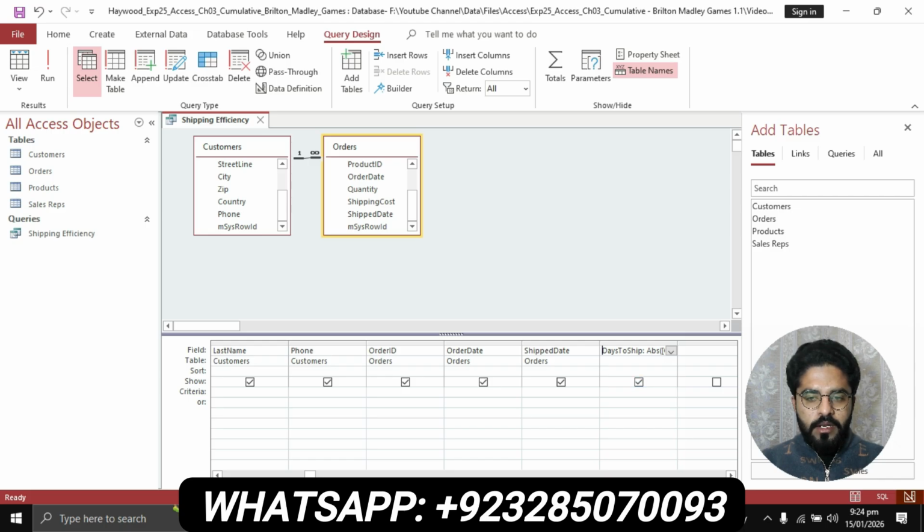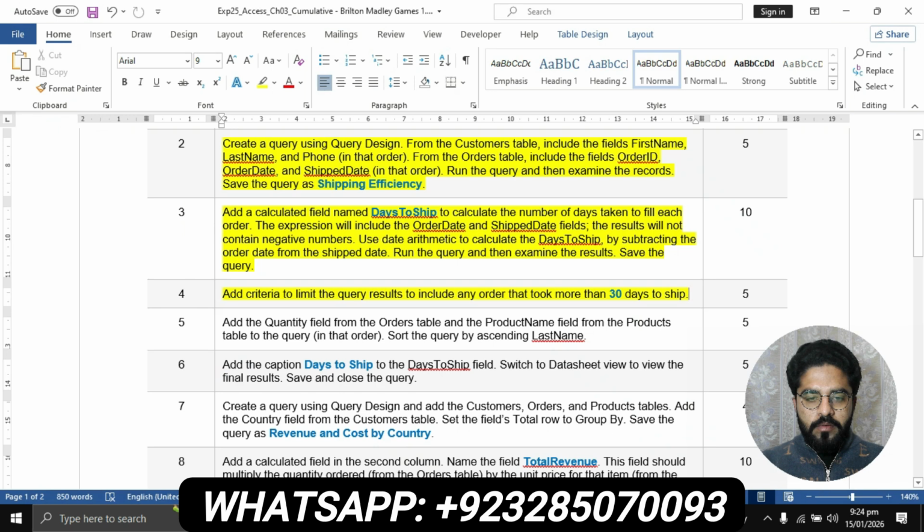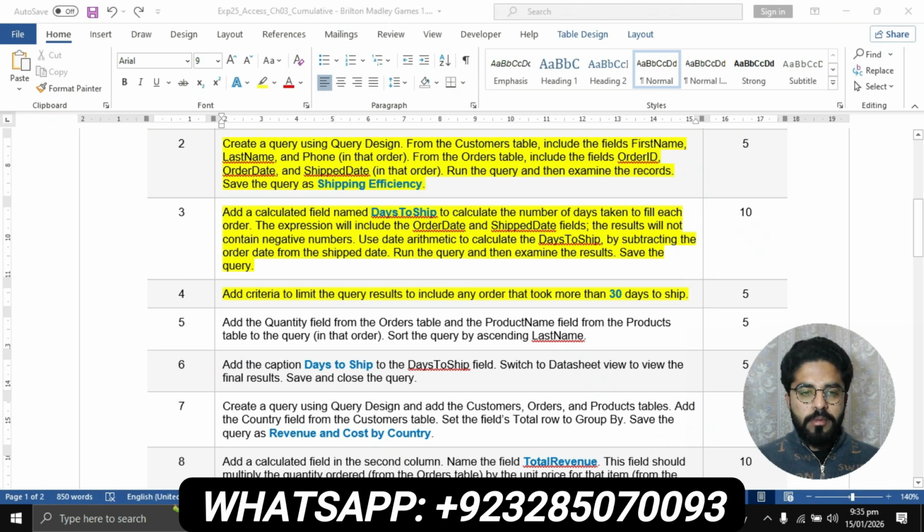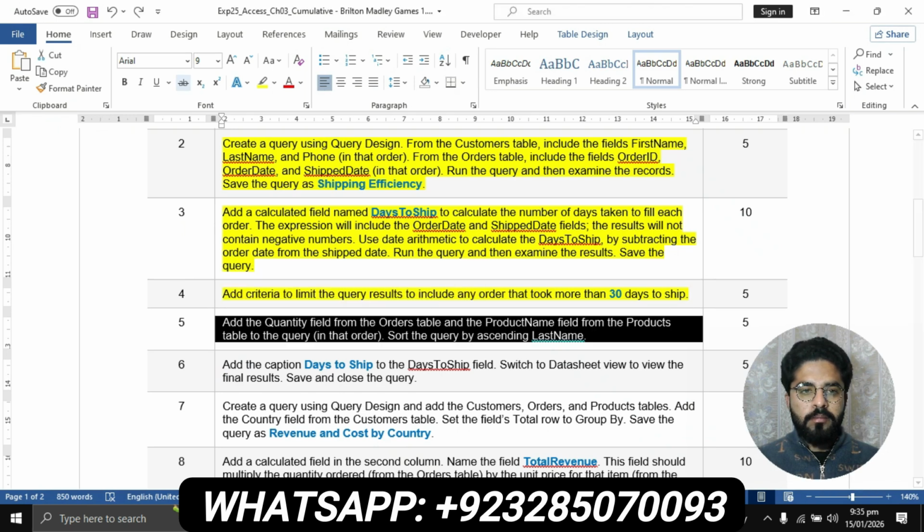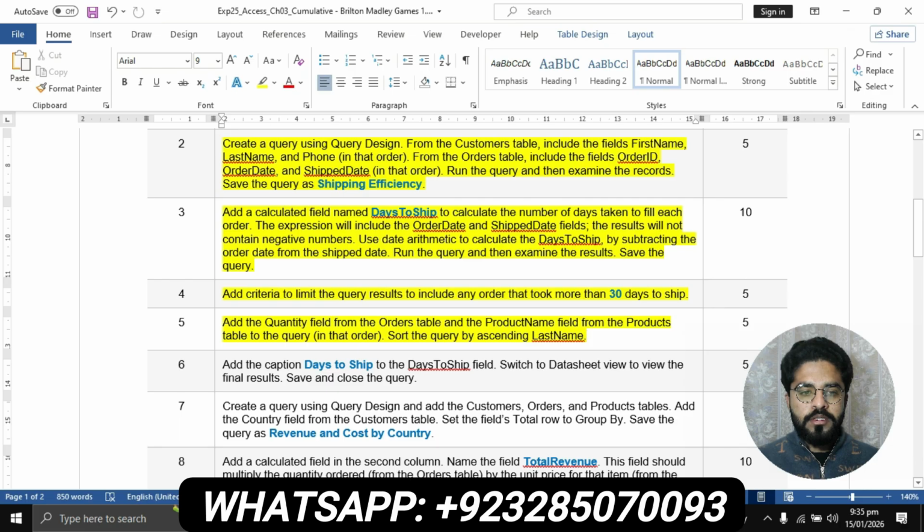In the criteria group, greater than 30. Question number 4 are completed. Now we will move to the question number 5. Question number 5 is add the quantity field from the orders table and the product name